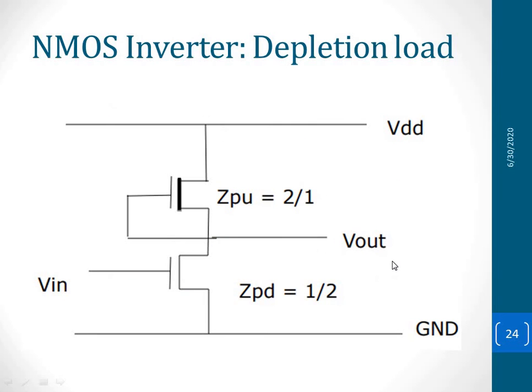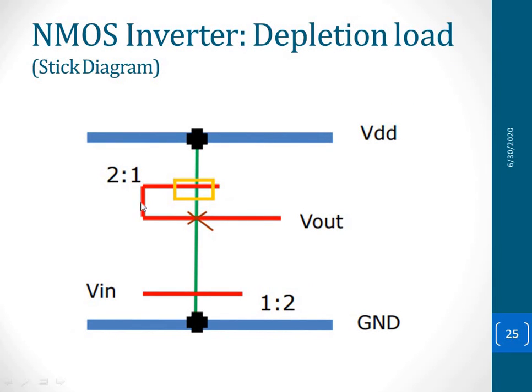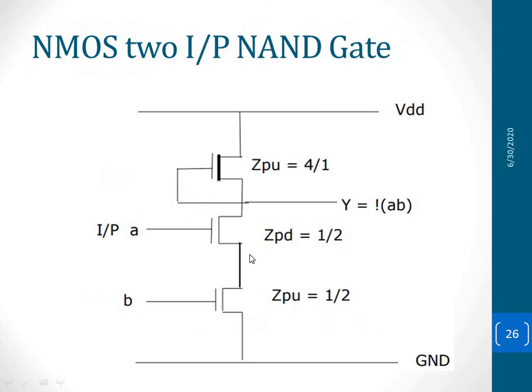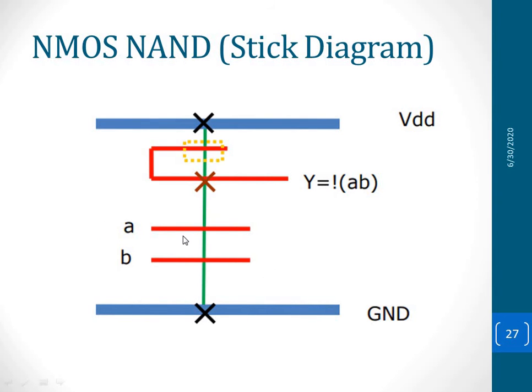Okay. Next, if we want to use a depletion mode MOSFET, here the N channel MOSFET is used, but it is depletion mode. So you can see here it is depletion mode, but here I need to place a depletion, that is using the well. Then NMOS using 2 input NAND, the same again, the 2 inputs are placed using polysilicon, and here I have an NMOS